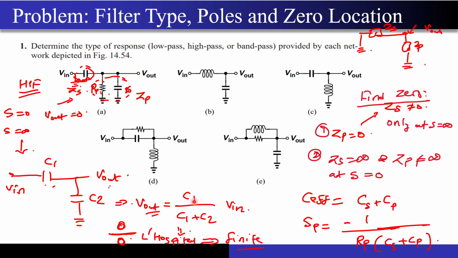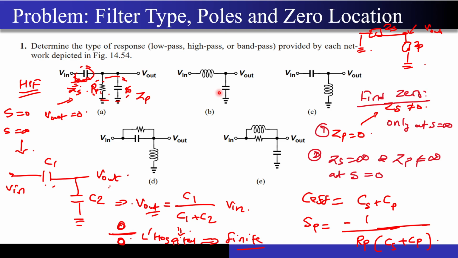So now if you put C equal to 0, then this will become a 0 by 0 form, right? And again, what you can see over here, if you apply L'Hospital's rule, this can actually give you a finite answer. Correct? So your V out is becoming finite at higher frequencies, and at low frequencies it is 0. So it is nothing but the response of a high pass filter.